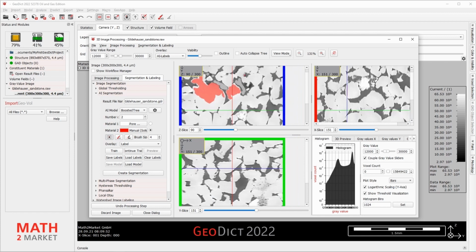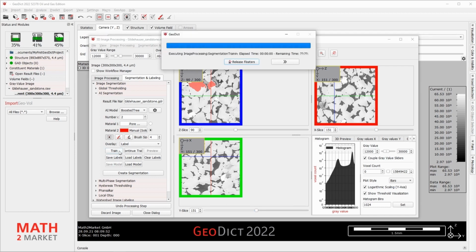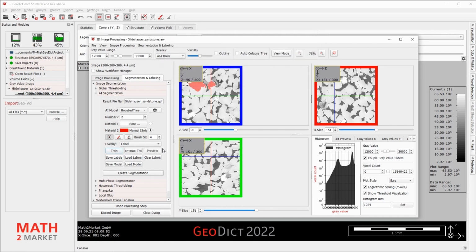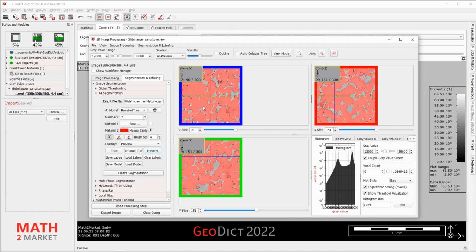Now zoom out again and train the algorithm by clicking Train. As you can see, the grayed out preview is now available. So click Preview to preview the suggestion of the current segmentation.